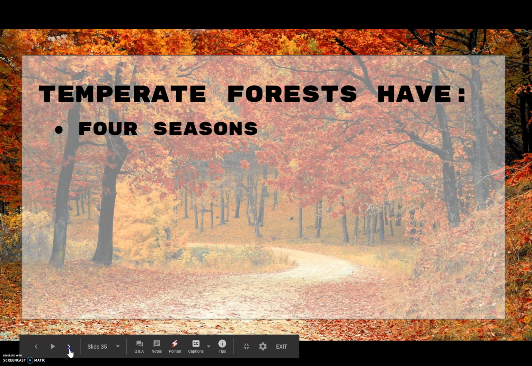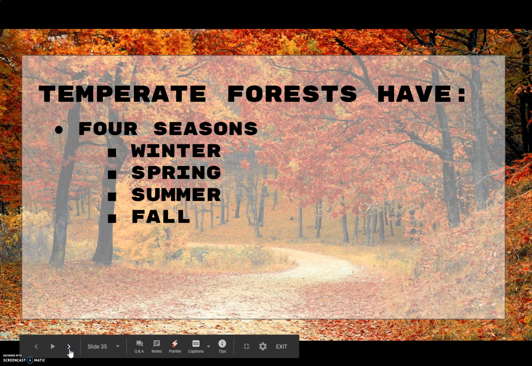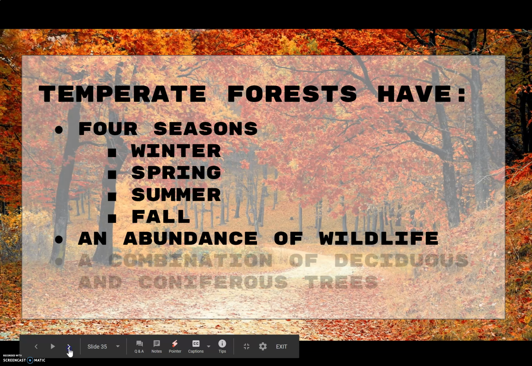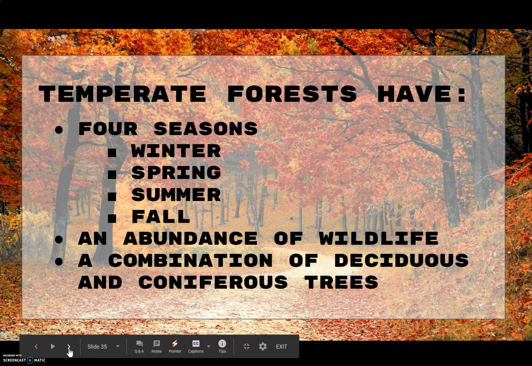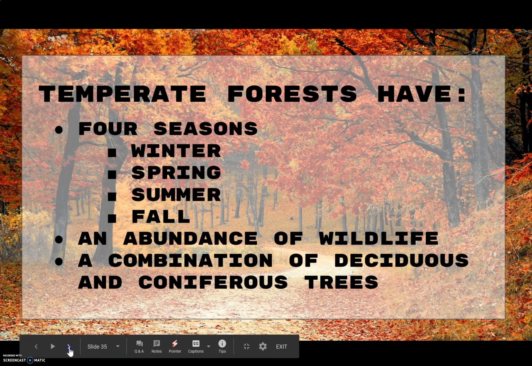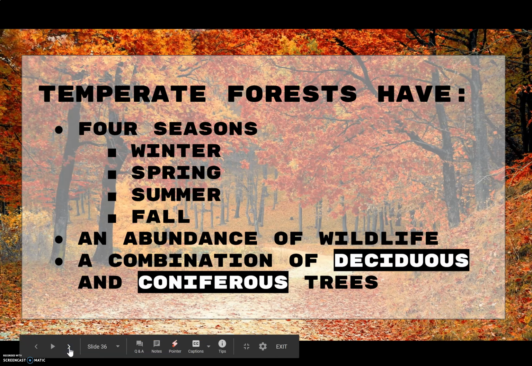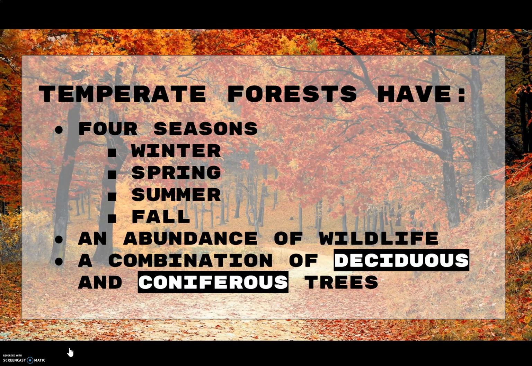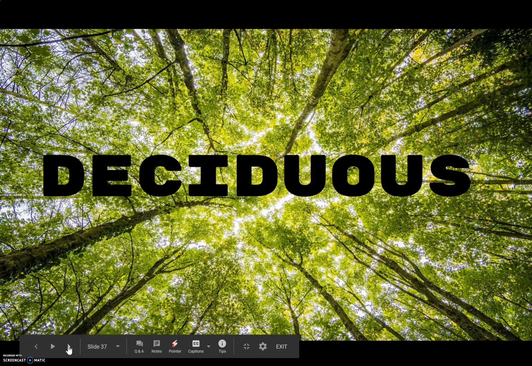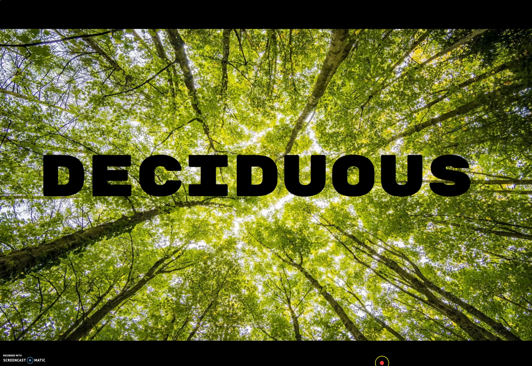Okay, so let's review. Temperate forests have 4 seasons: winter, spring, summer, and fall, also called autumn. And then they have an abundance or a lot of wildlife. Finally, temperate forests have a combination of different kinds of trees. You have deciduous trees and coniferous trees. What's the difference between those? So deciduous trees are the kinds of trees that change color and lose